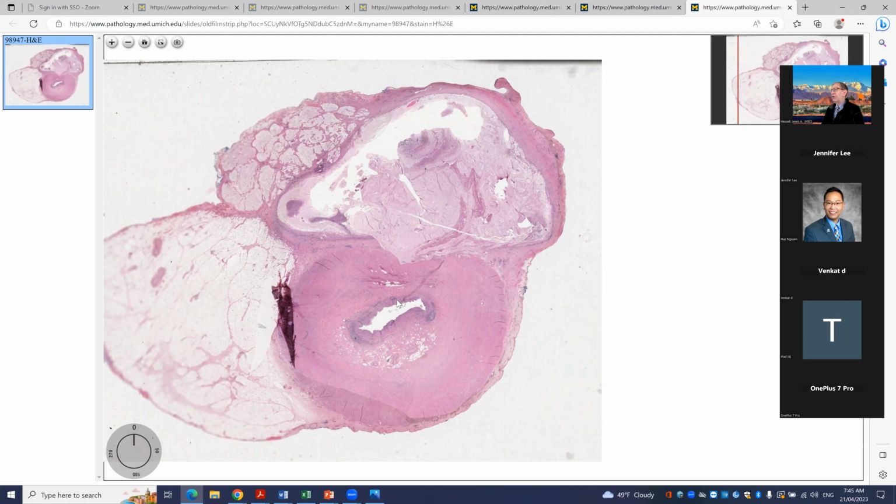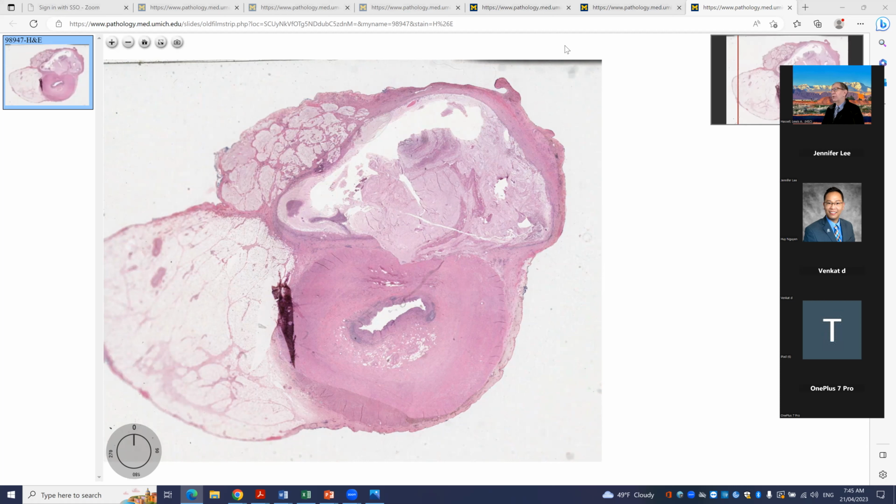We don't necessarily have to see a contiguity between the lumen and the extramural mucin in order to make that case. We don't know how that happens, but it happens often enough that the staging criteria have taken this into account. So this could be a low-grade appendiceal mucinous neoplasm, but certainly it is